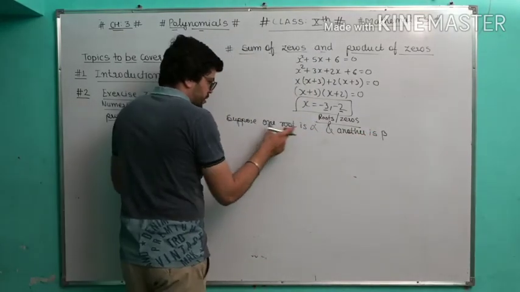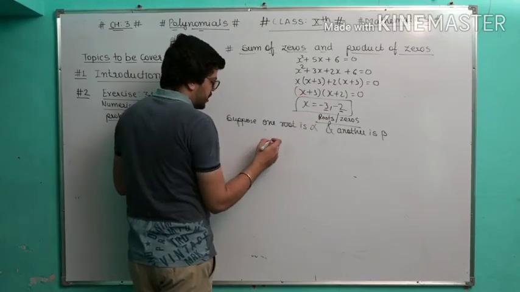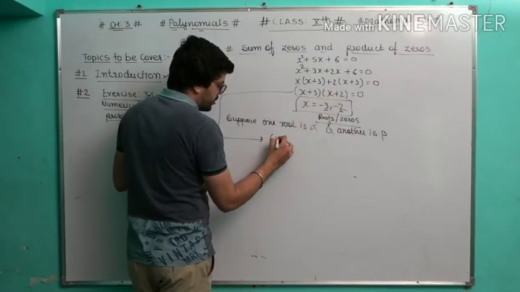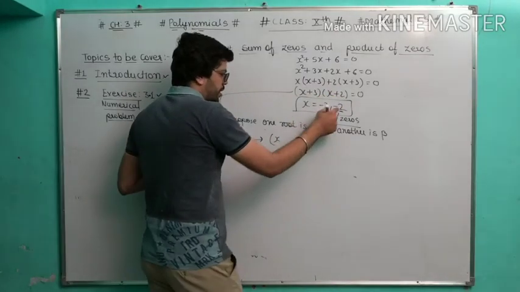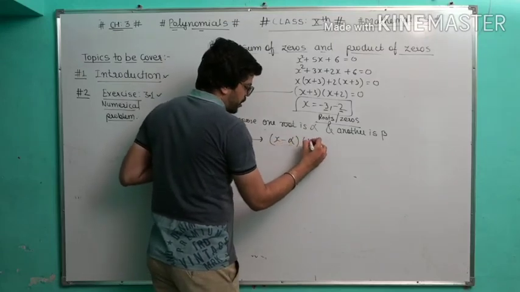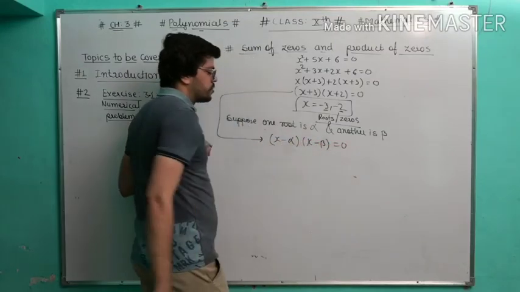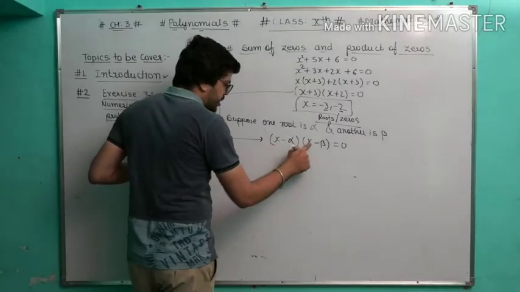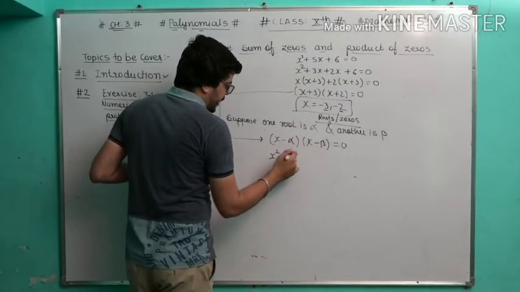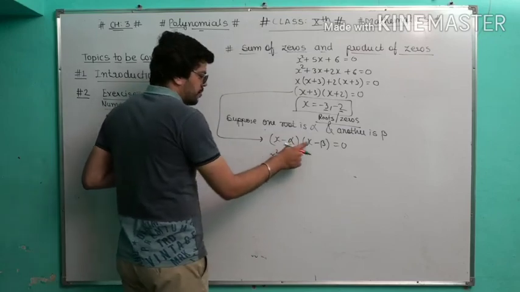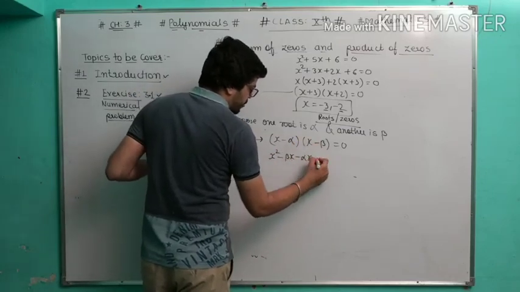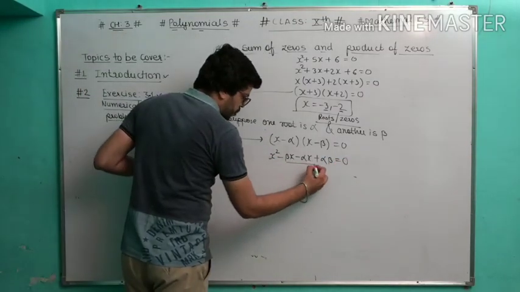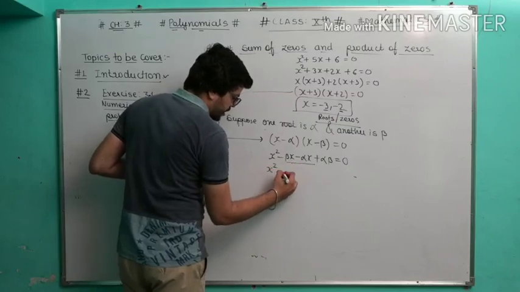So first is alpha, another is beta, and we start with this: 3 is replaced by alpha, 2 is replaced by beta. So x minus alpha and x minus beta equals 0. We have to find the sum of zeros formula and the product of zeros. X into x is x square, x into minus beta, minus alpha x, minus into minus plus alpha into beta. So what is the common scenario? X square minus is common and x is